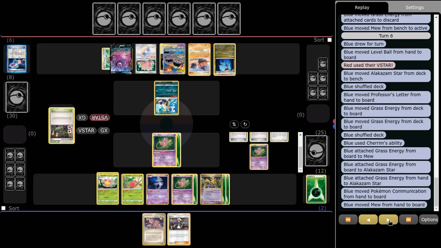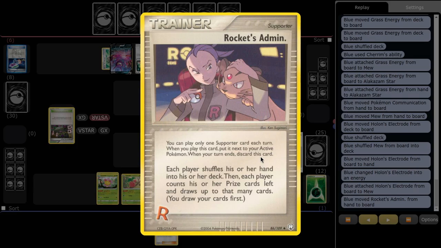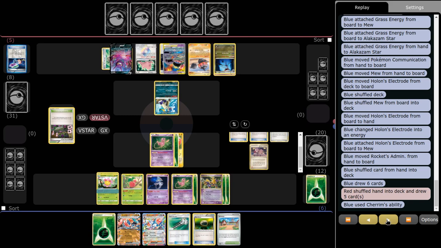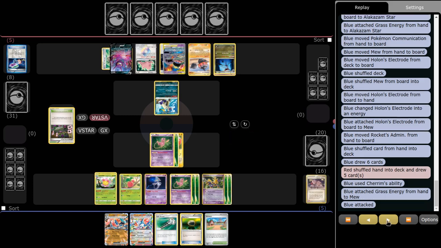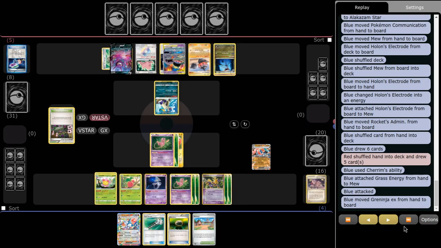Finally, with Pokemon Communication, I trade a Mew for Holon's Electrode, which I then attach to my active, and then I play Rocket's Admin just to have a better hand going into next turn. Again, I attach another energy to this benched Mew with the same thought process. And then I'm ready to attack, and I choose to use Mirage Barrage, which knocks out